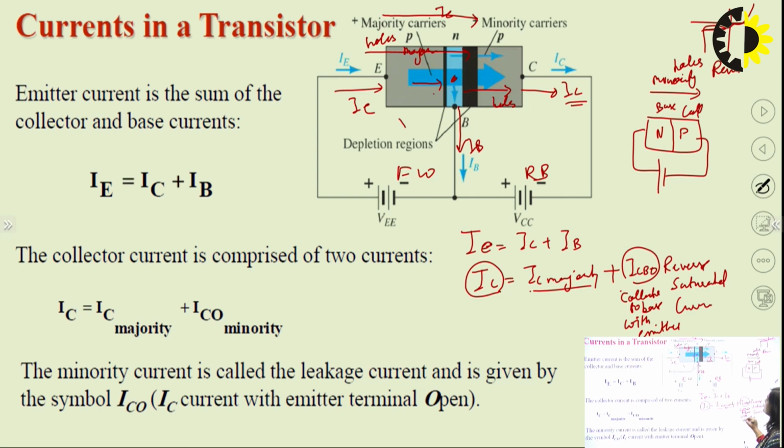It means there is no biasing at this side, if we do not connect any biasing, the emitter base junction is open, means we have not applied any forward bias to the P emitter base junction, we have given only reverse bias to the N and P junction. So in that case, current due to the minority charge carriers will flow, and that current will be your reverse saturation current. So we have seen that the IC current will be due to the IC majority plus ICBO. ICBO is the reverse saturation current and ICBO stands for collector to base with emitter open.